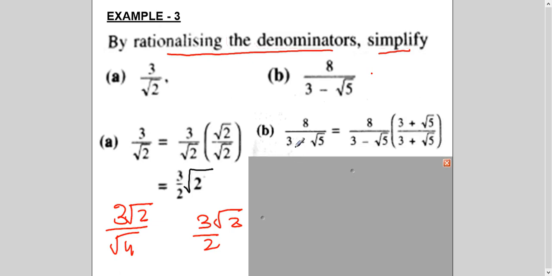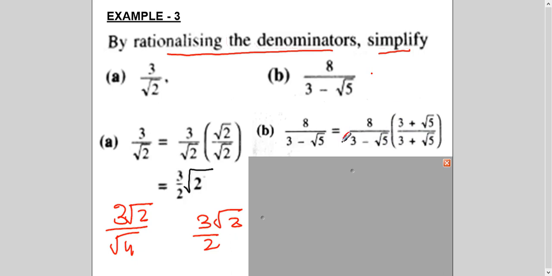Okay, now let's see this one. I told you we will multiply and divide by the conjugate of it. So 3 minus root 5, the conjugate is 3 plus root 5. And why do we multiply and divide by the same number? Because we want to keep the balance of the expression as it is. We are not changing the question. If you cancel it, you will get 1 and you will get the question back. So whenever you are adding, multiplying or dividing something in an equation, you do it on both sides. In a fraction, you multiply and divide to keep the balance, right? You cannot change the question by your choice just by adding a number or multiplying a number. So that's why we do this.